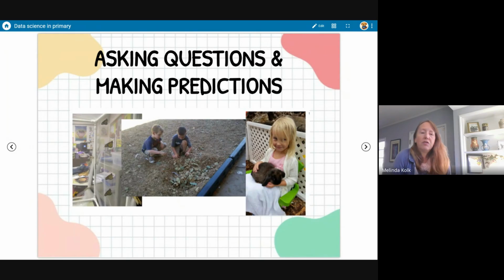A lot of us do this by raising monarchs in our classroom. We might be having a trip to a farm, or being able to pet an animal, and saying, describe to me what it feels like. But again, so often when a student is with it, what does that feel like? Do you like it? Is it soft? Why are we asking all the questions? You can slow down and do that.